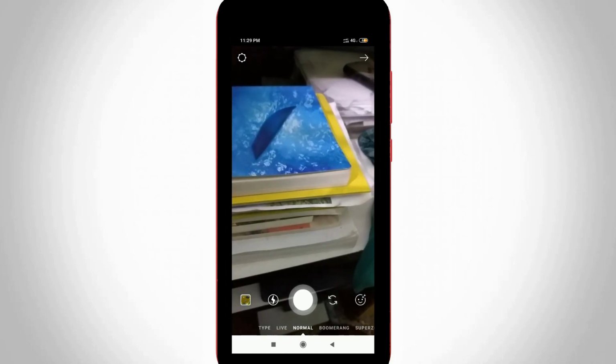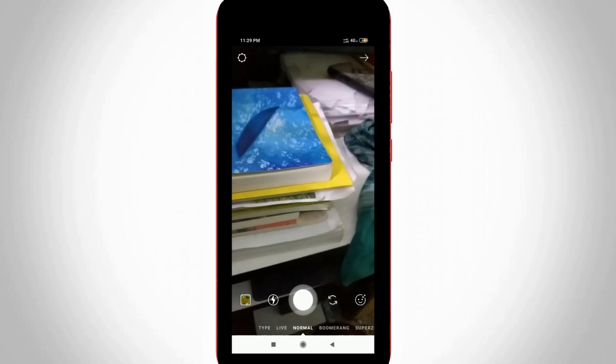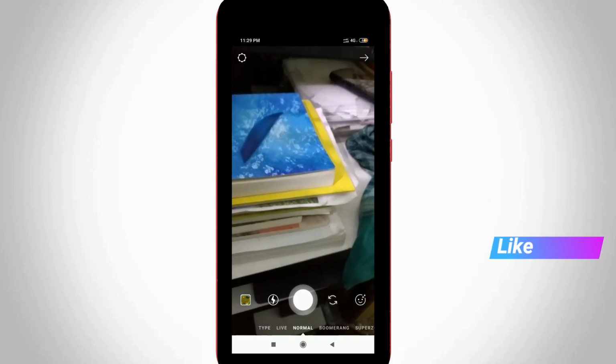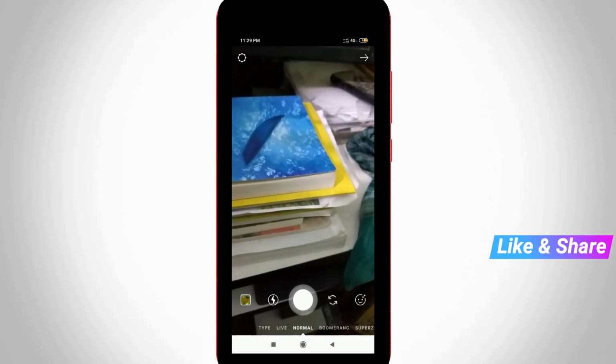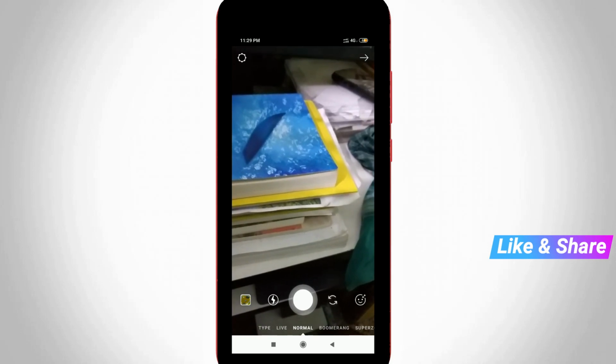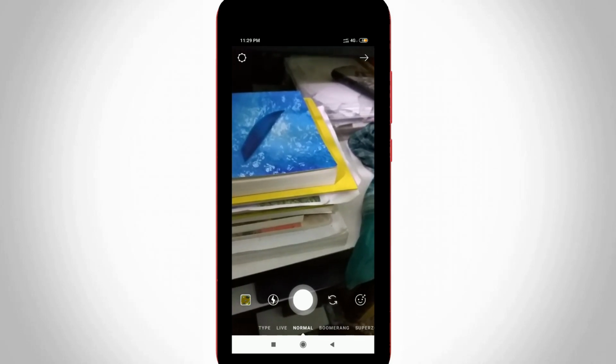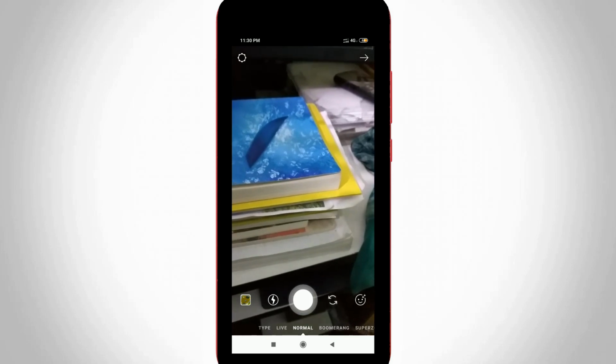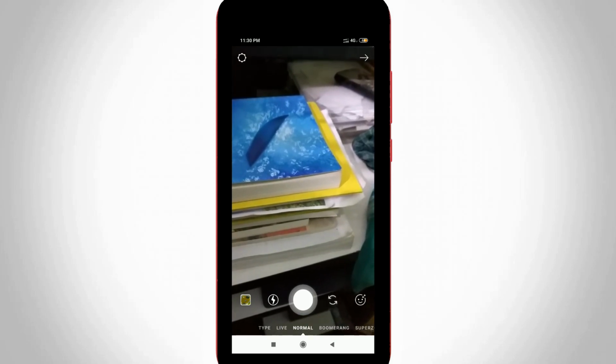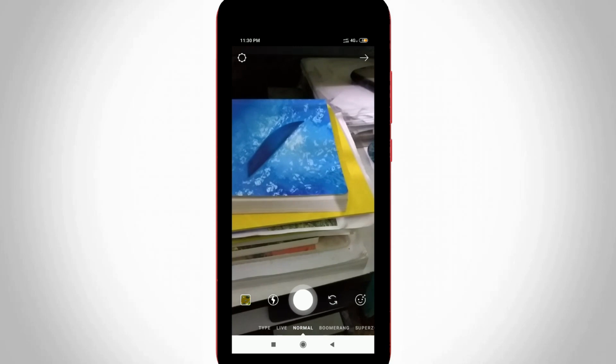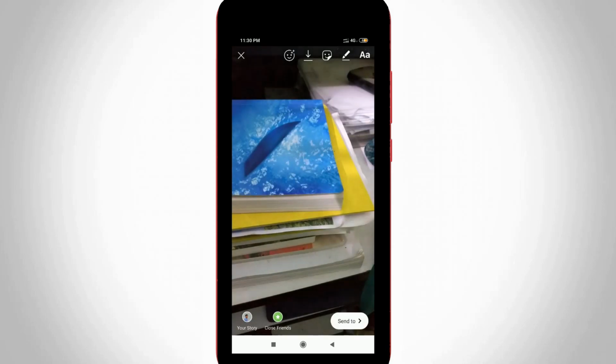And then my mobile camera is automatically turned on. But friends, one thing to remember: if you would like to capture a live image, just use this camera feature. Otherwise, you can use your mobile gallery to upload to your Instagram story. But here I try to capture one live image. So once your image is captured, at the top it shows some icons, and you can select the face icon,